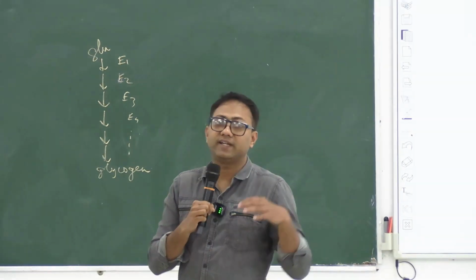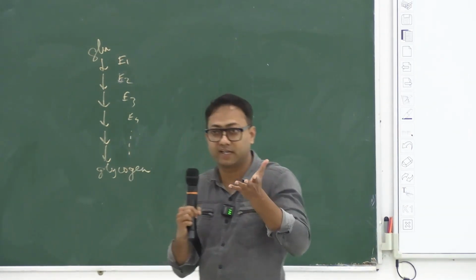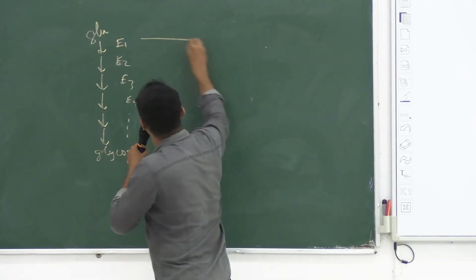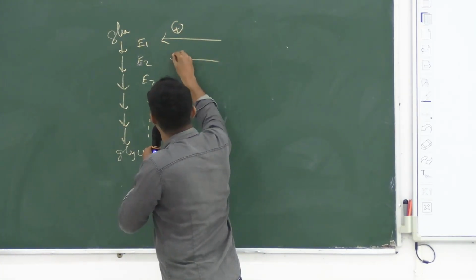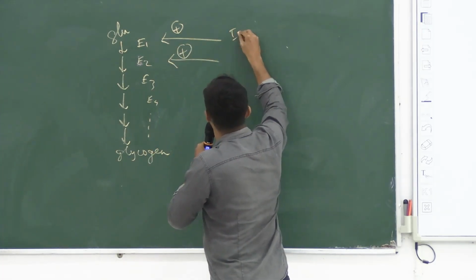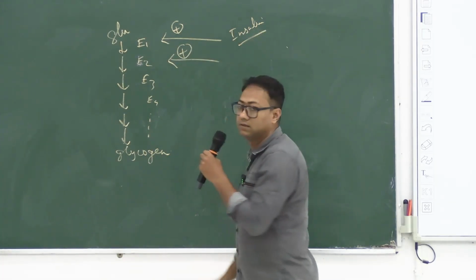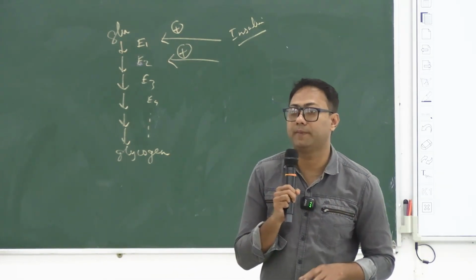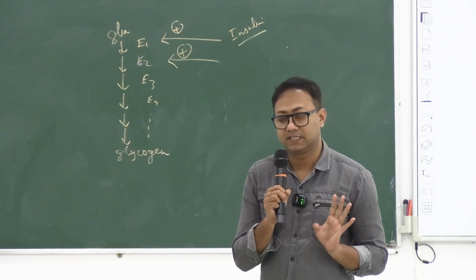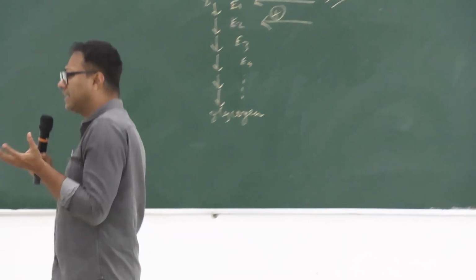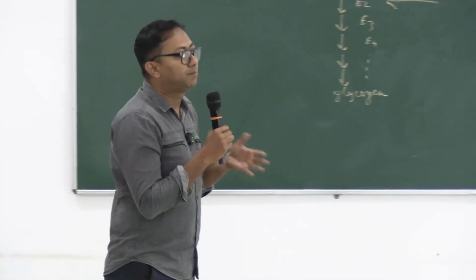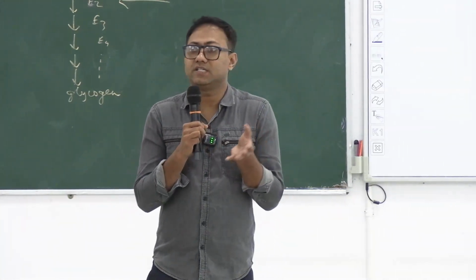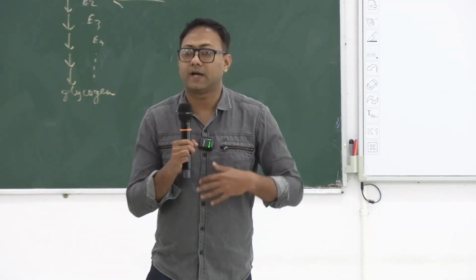synthesis. नाउ इंसुलिन कैसे ग्लाइकोजन सिंथेसिस को एनहांस करेगा? इंसुलिन विल डायरेक्टली स्टिमुलेट these enzymes, right? Insulin will directly stimulate those enzymes which are involved in glycogen synthesis, correct? Okay, now insulin क्या है? Insulin is a peptide hormone that is being secreted from the beta cell of the pancreas. Now it is inside blood.